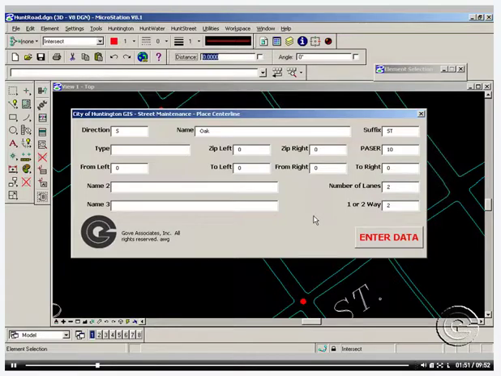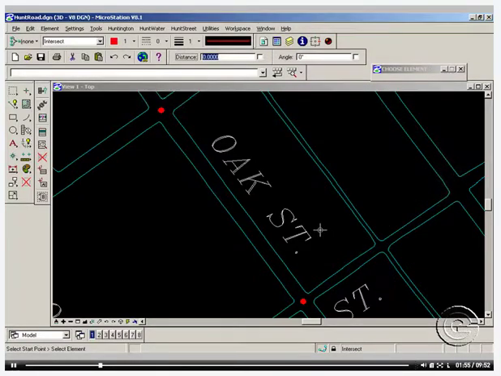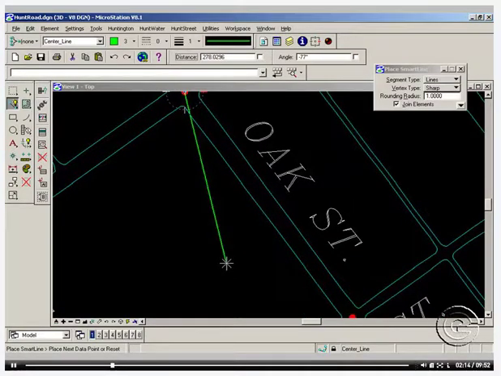As you fill in the data that describe the segment, then you can go ahead and just hit enter data, and as you do that, the program would then allow you to select the starting point of that data. I mean the starting intersection or starting station. Just go ahead and click onto this one, accept it, and the program would ask you to select the end of that segment, the intersection or station. Then go ahead and select this intersection here, accept it, and then the application will zoom into those two nodes and give you a line that would allow you to now digitize the center line